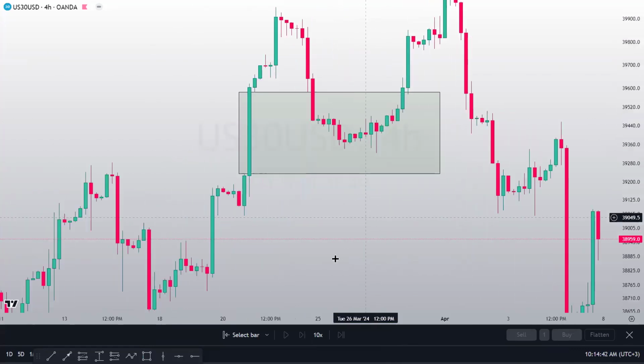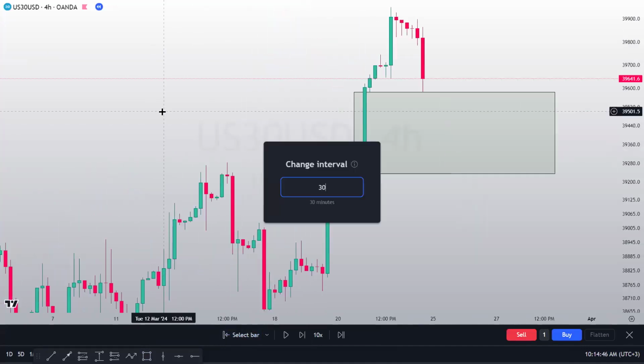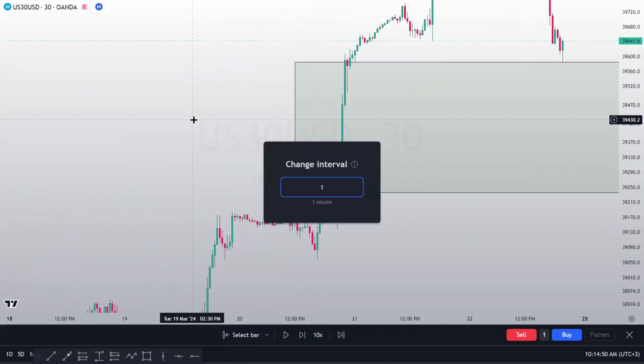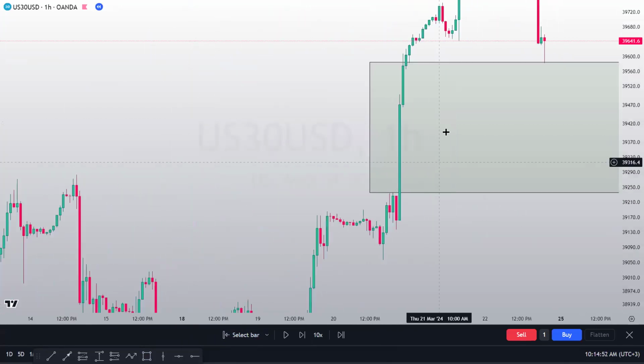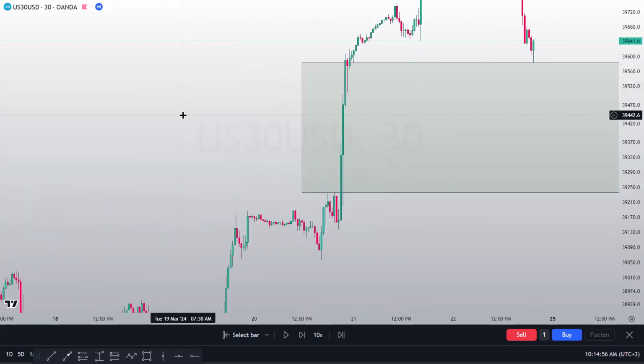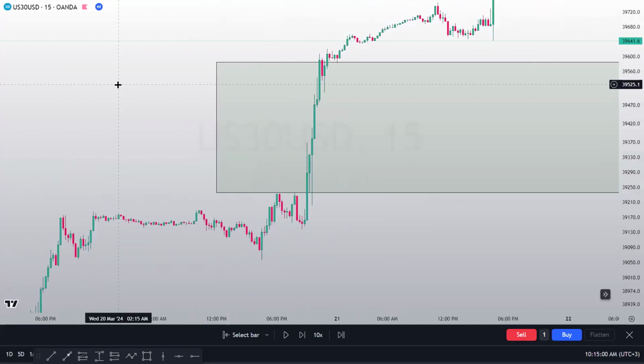So coming now to the 30 minutes time frame to observe clearly what was actually inside this particular imbalance. I mean, from the 1 hour, because we don't follow time frame coordination, we had nothing on the 1 hour. Coming to the 30 also, we had nothing. Coming to the 15, there was nothing. Also coming to the 5 minutes time frame,